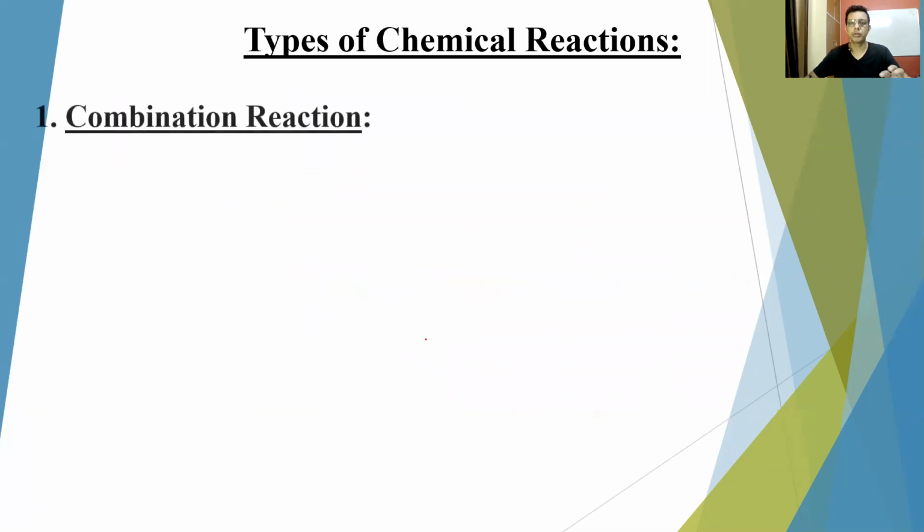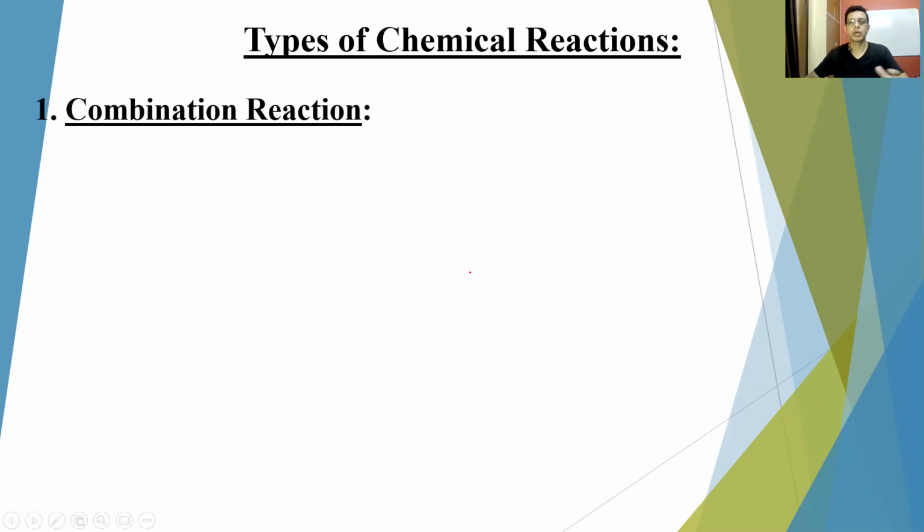So the first reaction that we'll talk about is combination reaction. The name says the meaning. Combination is to combine. So this is a reaction where 2 or more reactants combine to produce one product. Like you have a compound called A and another compound called B. This can be atoms, this can be molecules. So they combine and form a third compound, that is AB. So since a new compound is formed, this is a chemical reaction. And in this reaction, 2 reactants combine to give one product. So this is an example of combination reaction.